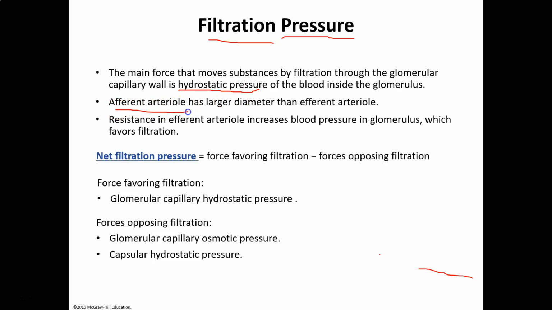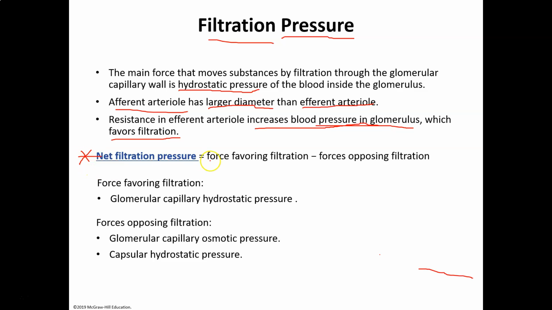The afferent arteriole has a large diameter. The efferent arteriole has a smaller diameter. All right, so that creates more of a back pressure. Resistance in the efferent arteriole increases the blood pressure in the glomerulus. And that favors filtration. Of course it does, right? Okay, so in the end,